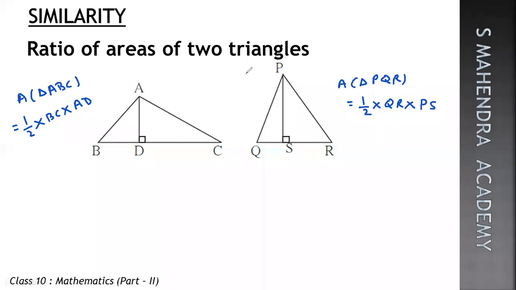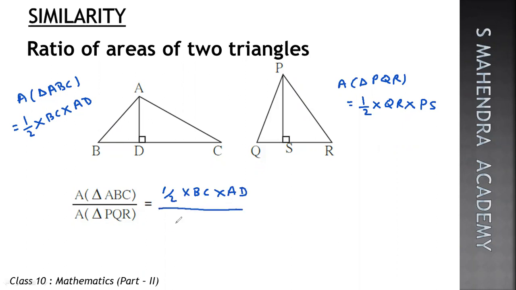So the ratio of the area of triangle ABC to the area of triangle PQR will be 1/2 into BC into AD, divided by 1/2 into QR into PS. Here the quantity 1/2 will get cancelled and the final output will be BC into AD